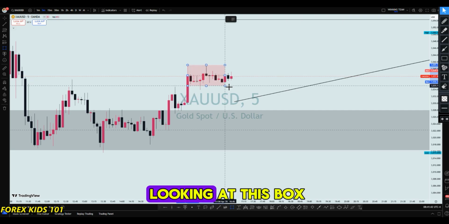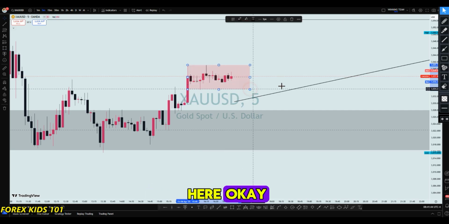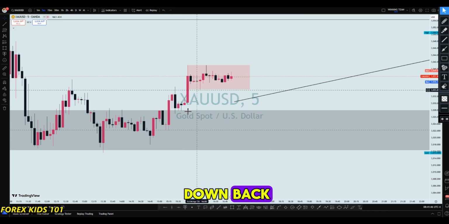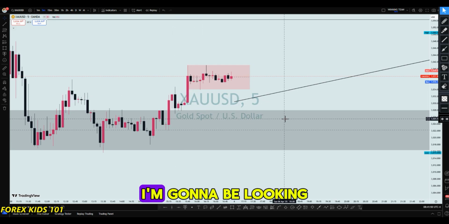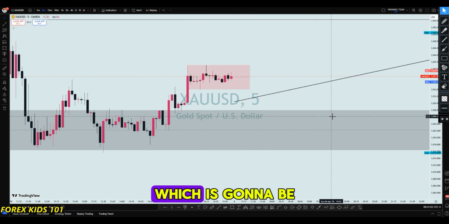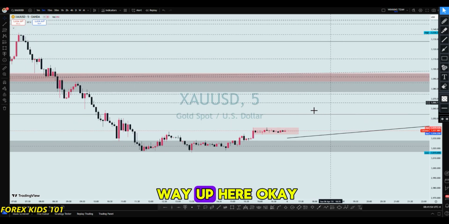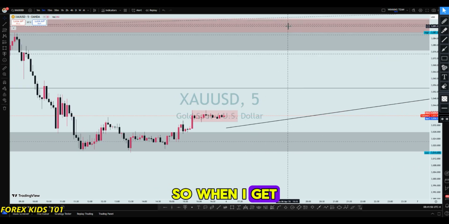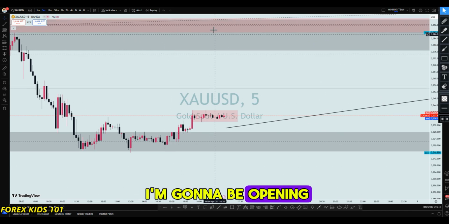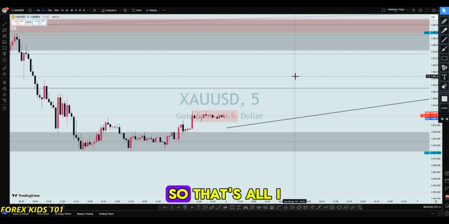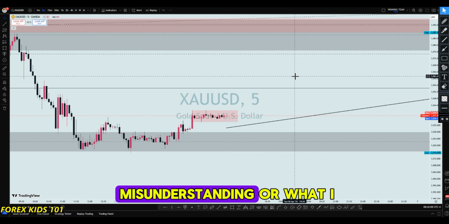I'm just going to be looking at this box here. So should we sell down back to this area here, or back to this area here, I'm going to be looking for a buy which is going to lead me all the way up here. So when I get here, I'm going to be taking my profit, and that's where I'm going to be opening my selling positions. So that's all I see on gold, guys,